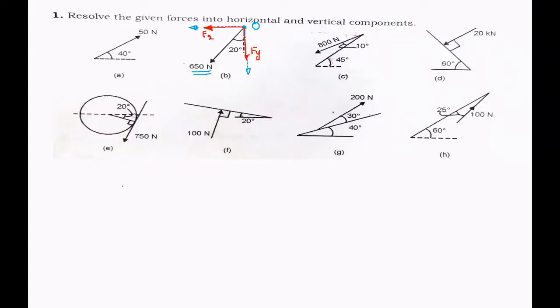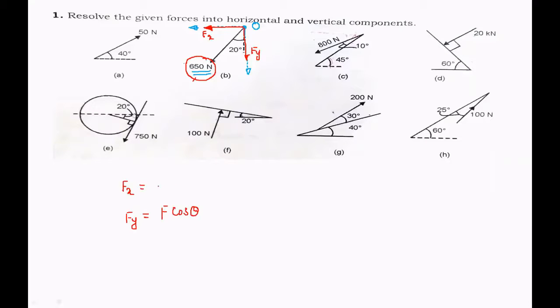Now what is the value of the fx and the fy? So how will you decide whether the x component is cos or sine? Observe the angle. For this 650 Newton, the angle which is 20 degree given, it is with respect to the y-axis. So the fy component will be the adjacent component to this 20 degree, and if the component is adjacent, it must be cos theta. Okay. So we will write fy as f cos theta.